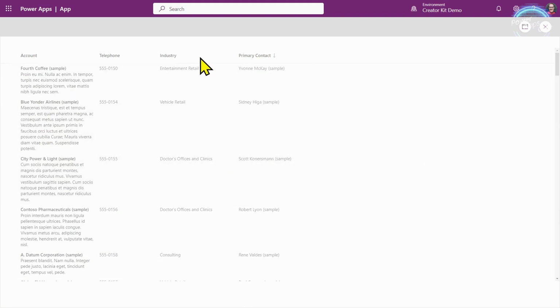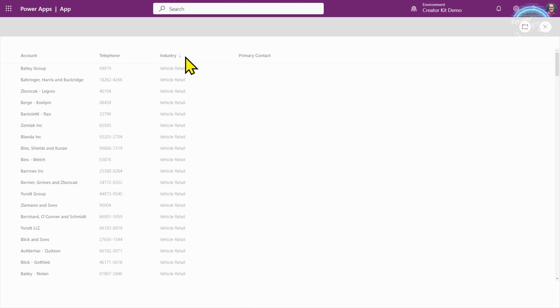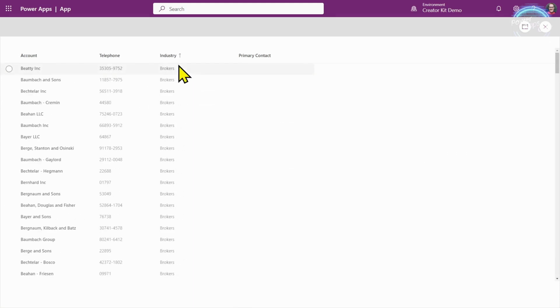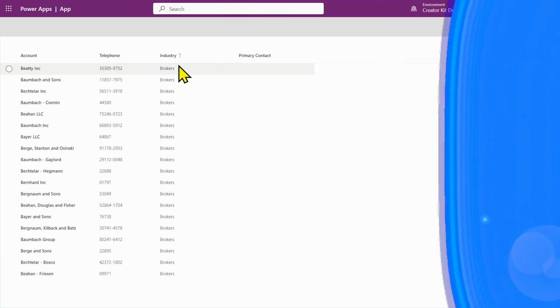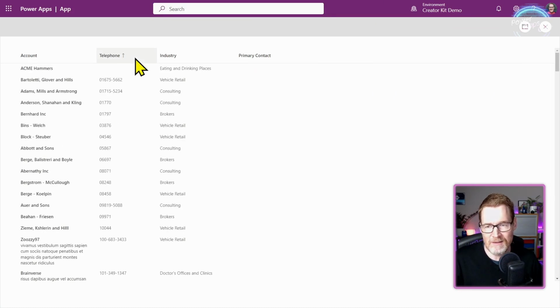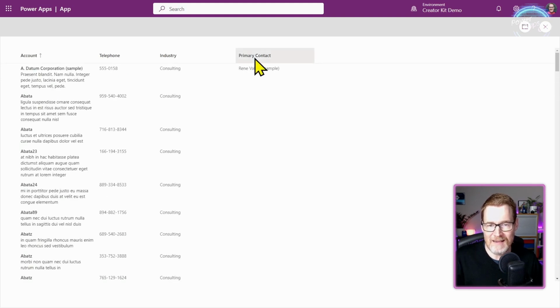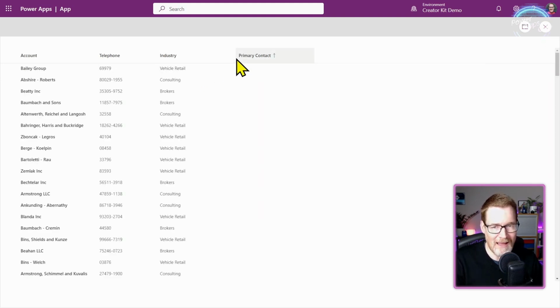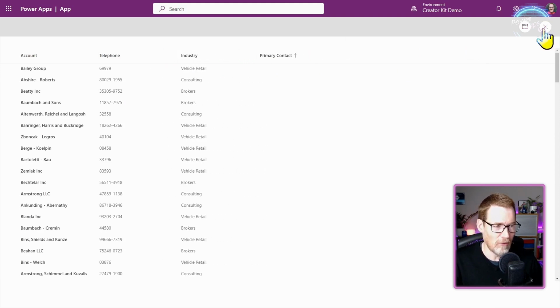Now, if I sort by industry, you can see here I'm sorting by the option set there, and this is automatically being handled. And I think the most important element here is that this is all happening on the server. So this is all delegatable. So we don't have to worry about if this sorting is happening in a delegatable way. That's automatically handled by this data grid. And you can just go and add columns, and you could even make the width of these columns responsive based on the width of the screen, for example.